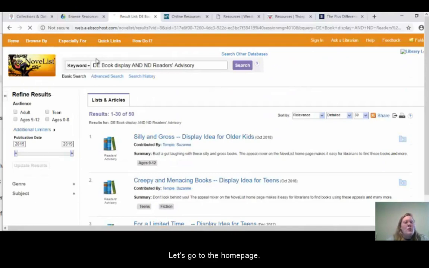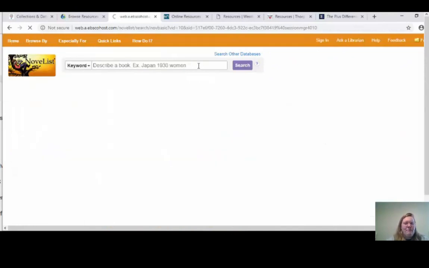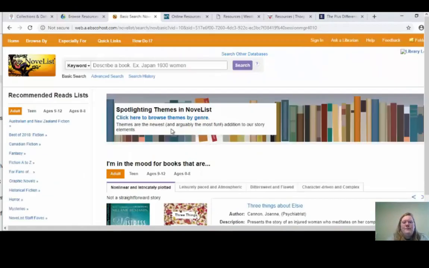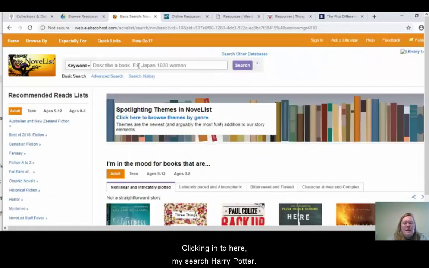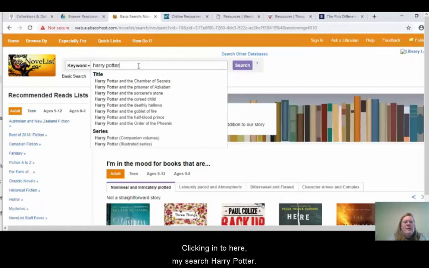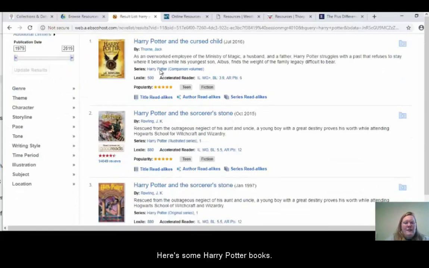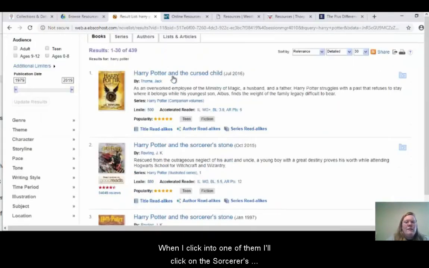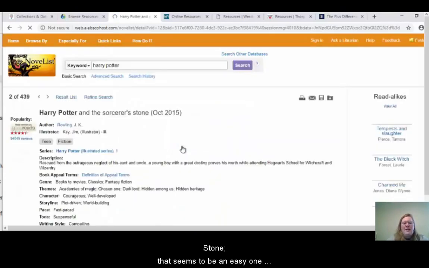Let's go to the home page and do a search for Harry Potter. Here's some Harry Potter books. When I click into one of them, I'll click on the Sorcerer's Stone. That seems to be an easy one to do.